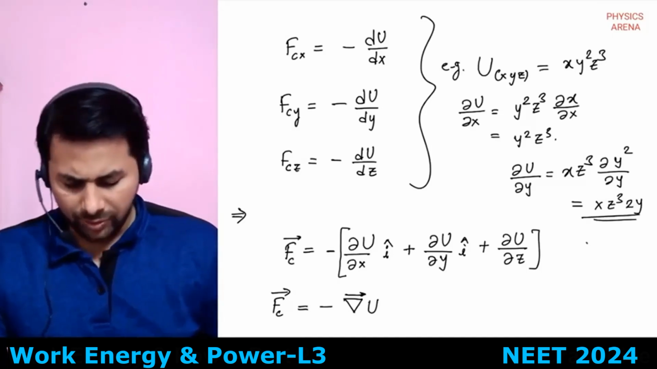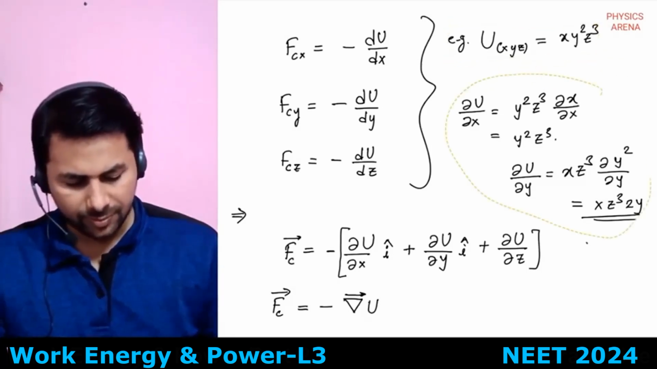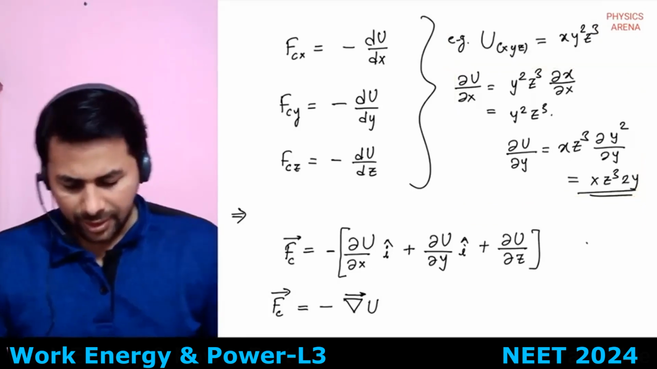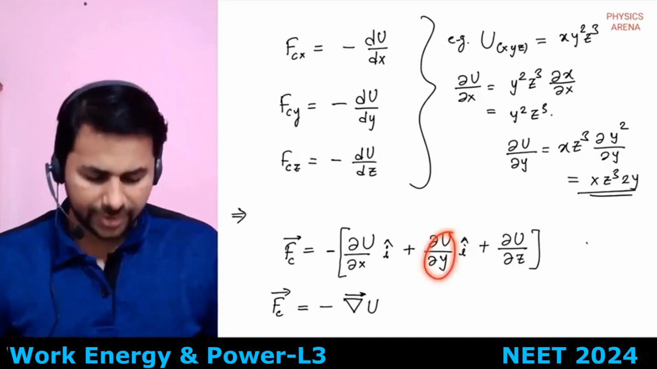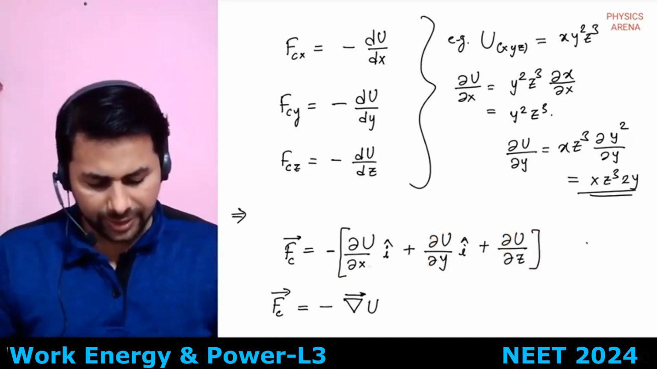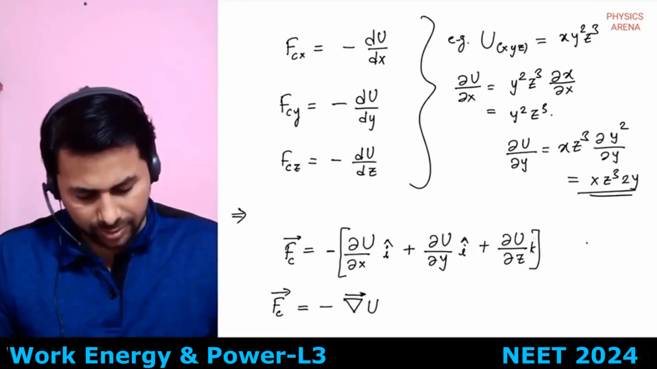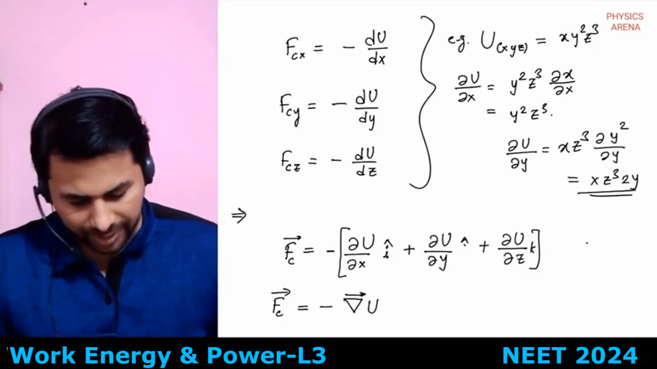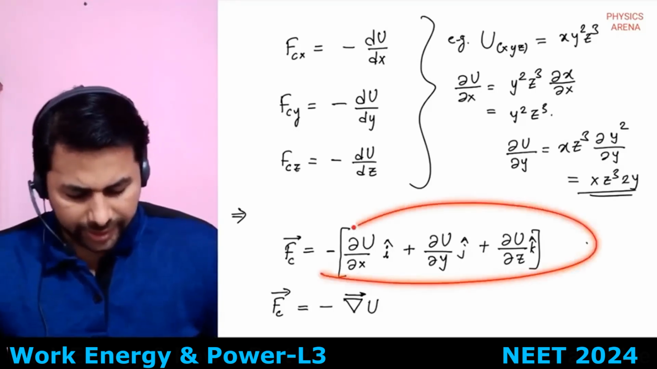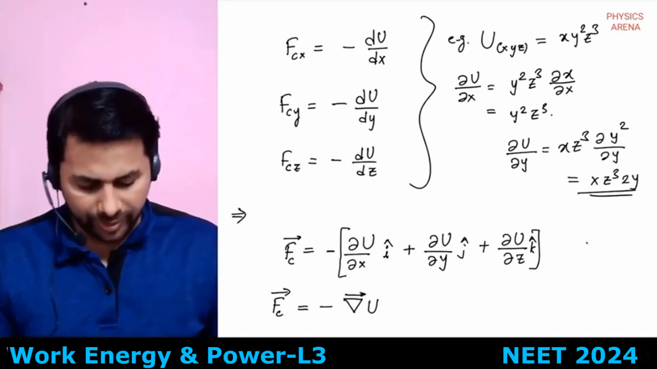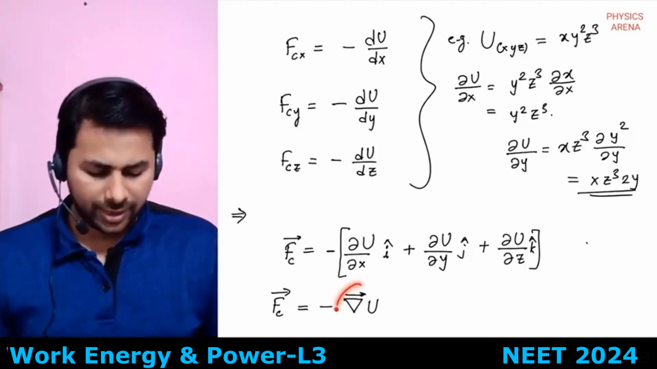Okay, so this is how we find the partial derivatives, right? Then we find the partial derivative with respect to x, with respect to y, with respect to z. So we get the x, y, z components of the force. This is i cap, j cap, k cap. So this thing is written in compact form like this, and this inverted triangle is known as the Del